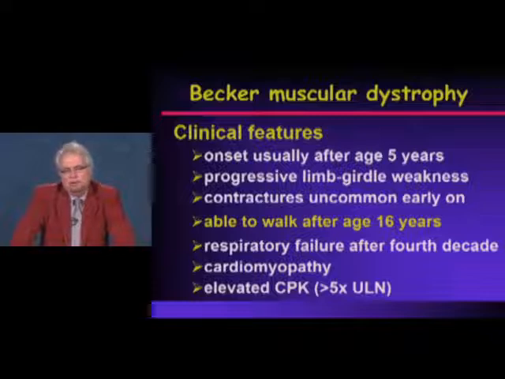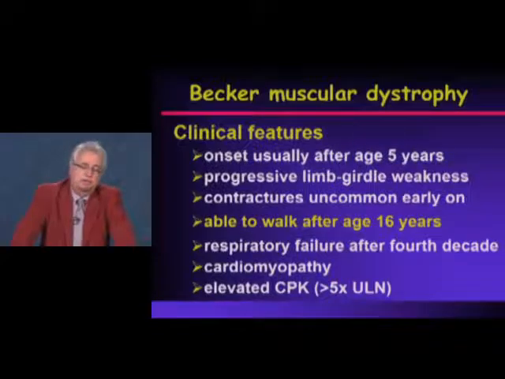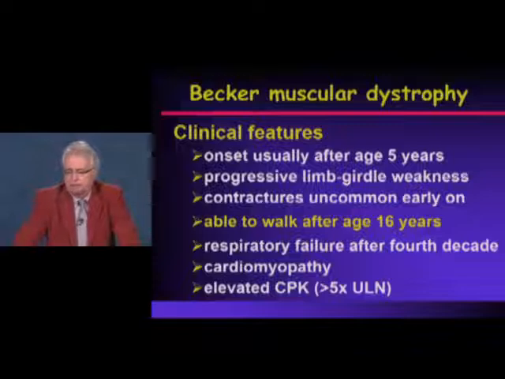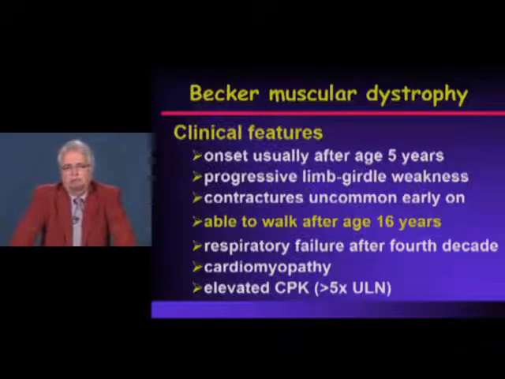By definition, patients with Becker muscular dystrophy are able to walk after the age of 16 years, and they do develop respiratory failure after the 4th decade of life. They're also prone to cardiomyopathy, which can be very severe and life-threatening. And if you check their CPK values, they are usually elevated, more than 5 times the upper limit of normal. But in practice, it's very difficult to make the distinction between Duchenne and Becker dystrophies based on